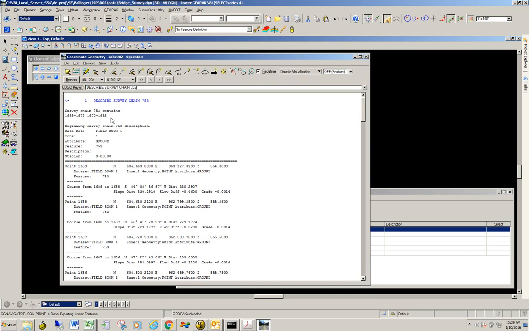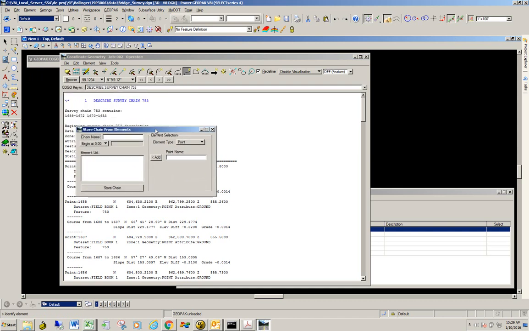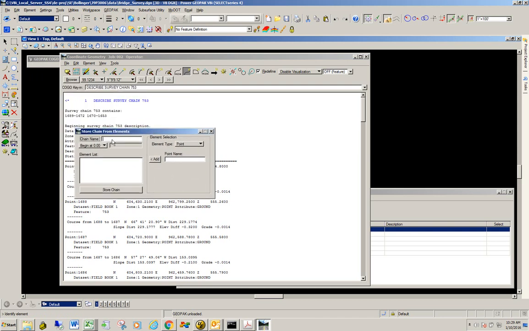So to create a chain out of that, all you need to do is use a key-in command. Another way you can do it is to go into the element chain store from elements tool, and I'm going to call this chain 753. It won't override it because this 753 is a survey chain, and what we're creating is just a standard 2D